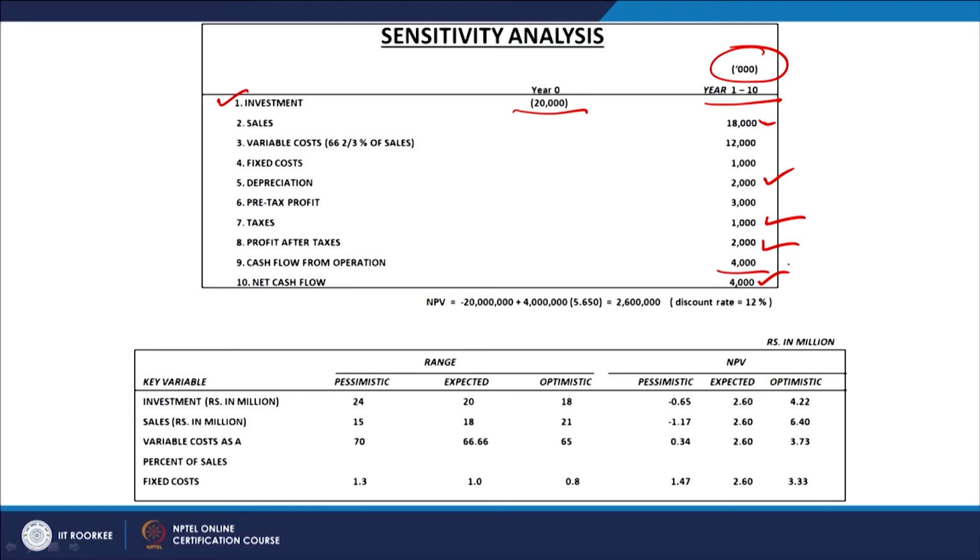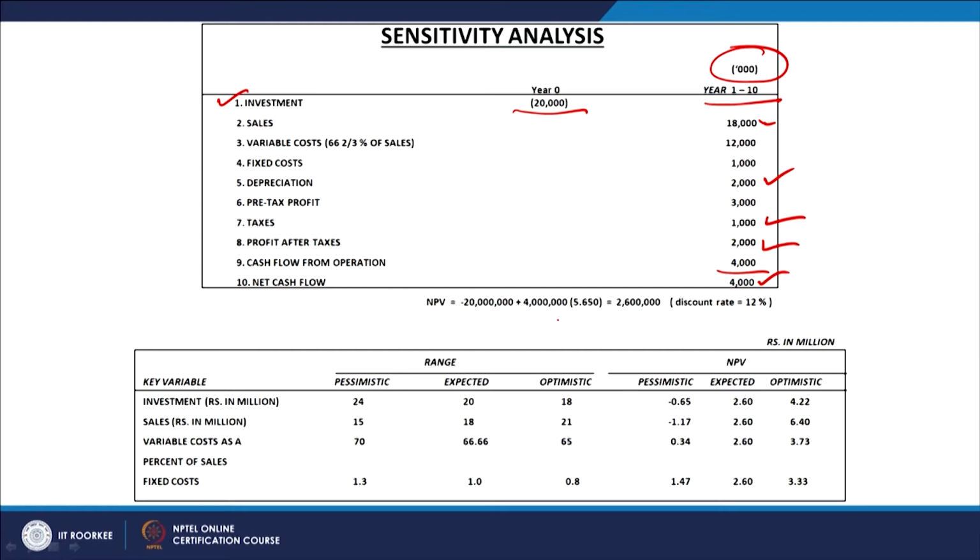After that, we have discounted these cash flows. How have we discounted these cash flows? We have calculated the NPV. So, it is done here, the NPV of the project has been calculated. The total investment is how much? This is 20 millions, 2 crores of investment is going to be made,